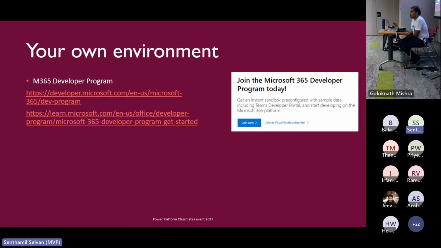There are several ways to start with a free version of the Power Platform, but my suggestion, which I was using, is that I signed up for the M365 Developer Edition. So M365 Developer Edition is free. I have added the URL here, developer.microsoft.com. That gives you an E5 license. It's a free license, E5. I think you can create up to 12 free accounts.